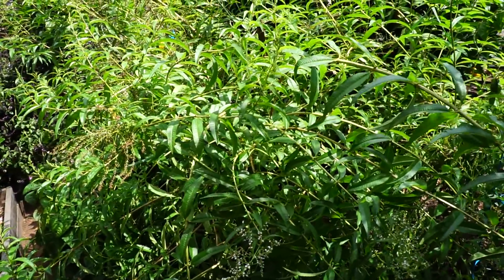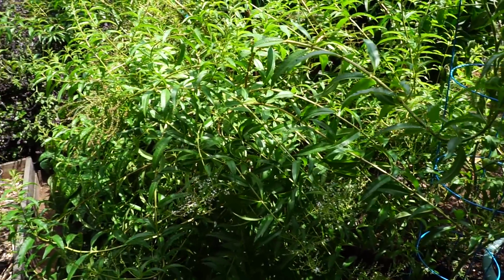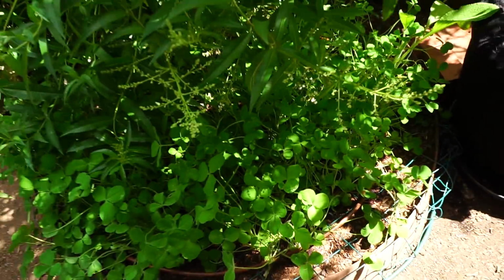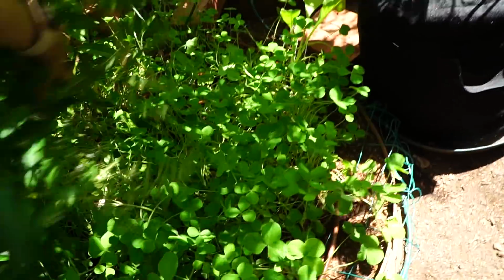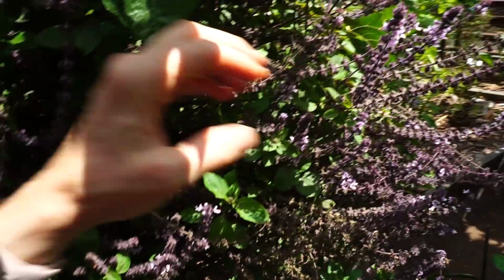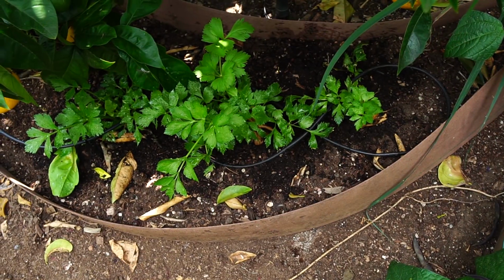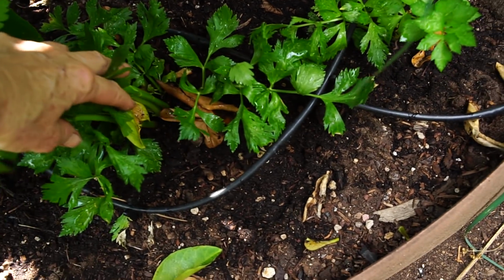I am convinced the lemon verbena is going to take over my garden. Look how it has completely shaded the red crimson clover that I planted for ground cover in my garlic bed. And I just wanted to squeeze through here and show you the progress on the 3 celery plants. The one in the middle looks the best,